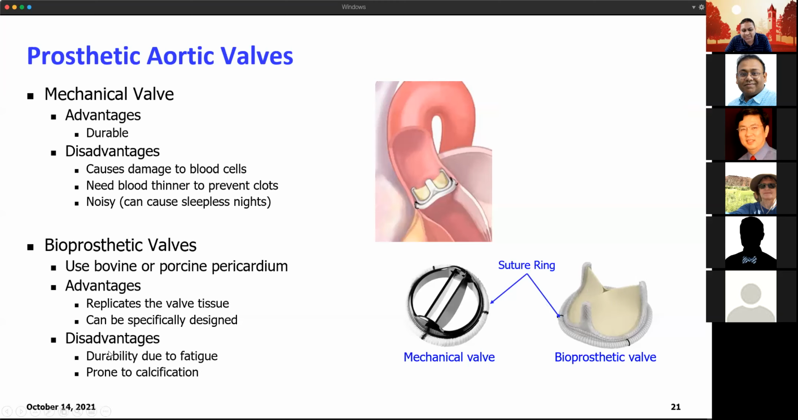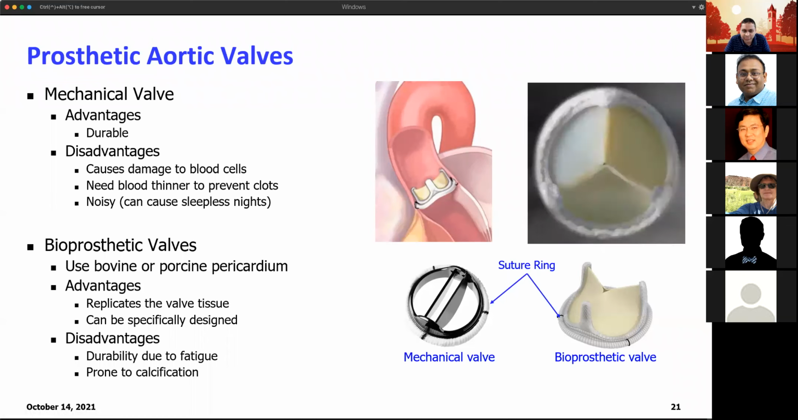Obviously, the disadvantage is that they're prone to fatigue, and especially if the match between the actual patient and the valve is not accurate, it can cause things like calcification, which leads to reduced life of the valves. So bioprosthetic valves usually last only 5 to 10 years. So people will probably need another valve after the bioprosthetic valves